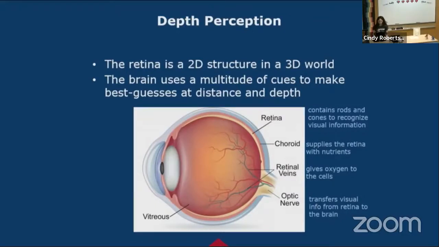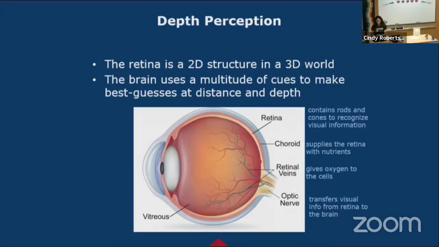The first being your retina, which contains rods and cones to recognize visual information. So that's where you're getting color and sharpness. And then the choroid, which is supplying that retina with the nutrients it needs to be functioning correctly. And then the retinal veins giving oxygen to the cells. And then the good old optic nerve, which is what's actually transferring the visual information from your retina to your